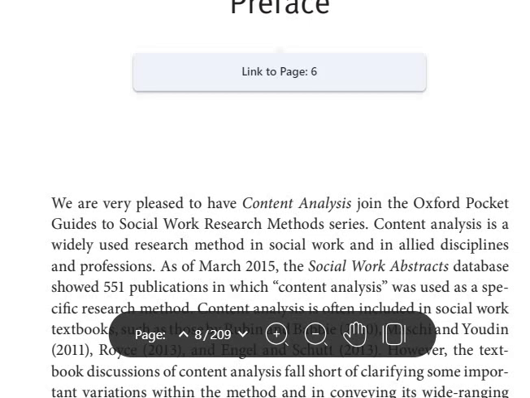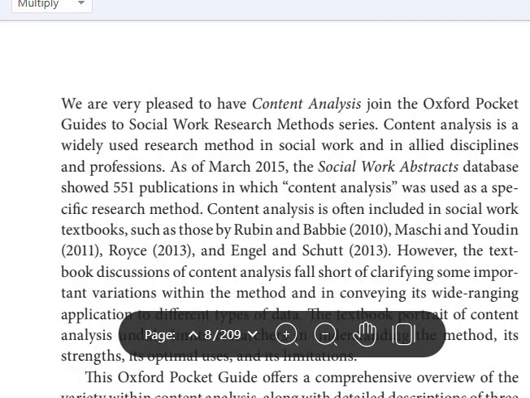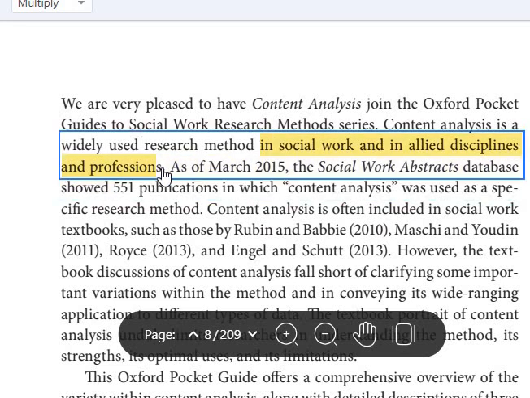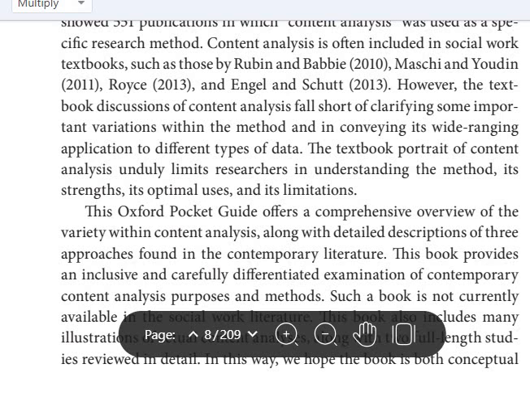Here, as you can see, in this line, it says that this method is used in social work and in allied disciplines and professions. So where is it exactly used? In social work, allied disciplines and professions. Okay, and here it says also that as of March,